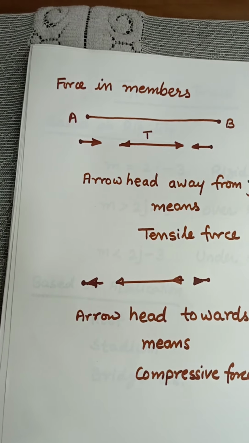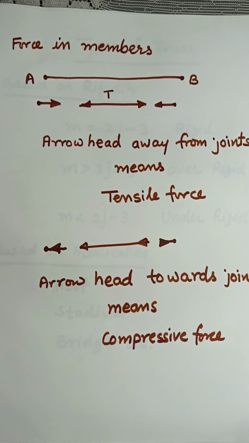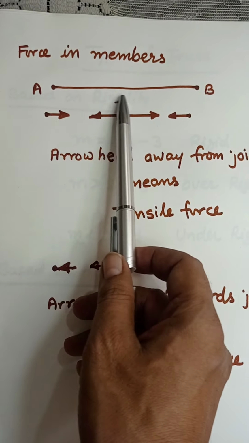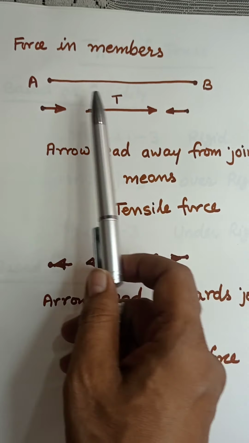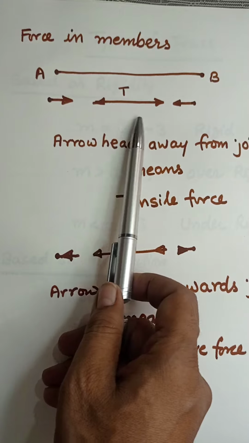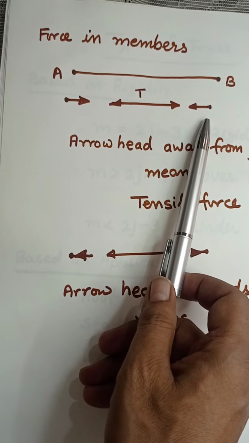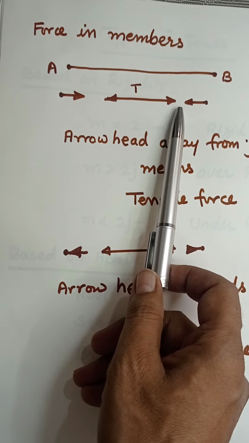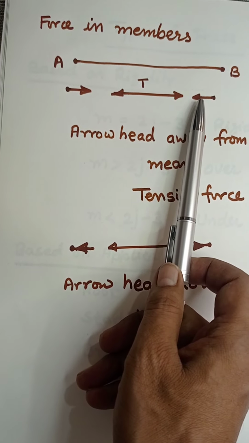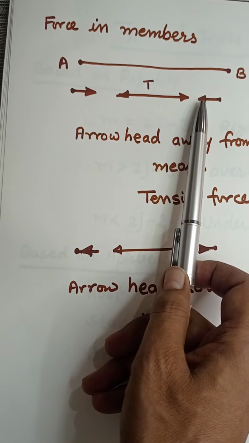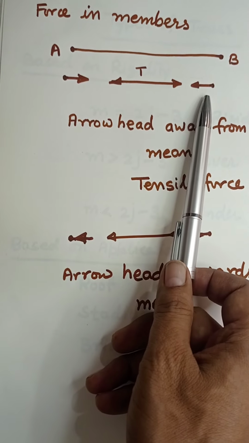Now, what are the forces in members? There are two kinds of forces we consider. One is the tensile force and the second is the compressive force. So, if this is a member of a truss, and we take this joint separate and this joint separate, then the tensile force has a tendency to elongate the member. The arrowheads on the joints are going to be as per Newton's third law. The member is pushing the joint, the joint is pushing the member, so the arrowhead on the joint is away from it. So if we have to assume tensile force in a member of a truss, we assume the forces on joints